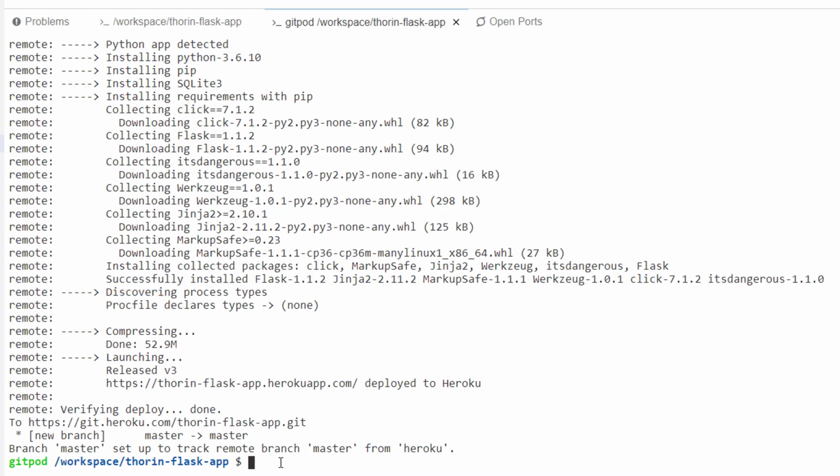To create the Procfile, I'm going to redirect the echo command. I will type echo "web: python run.py" greater than Procfile, with a capital P. It's important to note that the Procfile has a capital P, not a lowercase p, as this is the